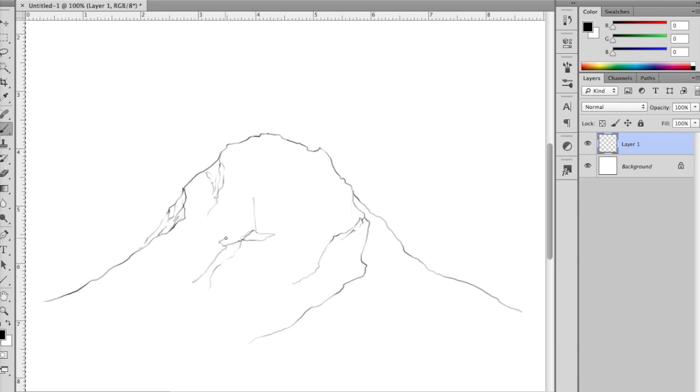Don't worry about making anything too precise to start with. You can always add more lines, and what you'll find is that things that are weird edges will become new features, new ridges, new cliffs. And then it's just time to find the edges, find the places where we have a quick change in direction. Those are your peaks and high points, and those high points will give you the ridges that come off the side. So as you can see here, we added some cliffs across the front, some horizontal lines,